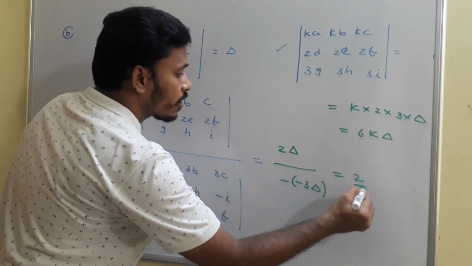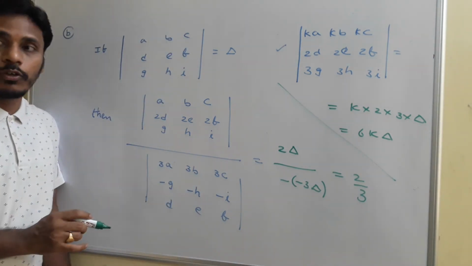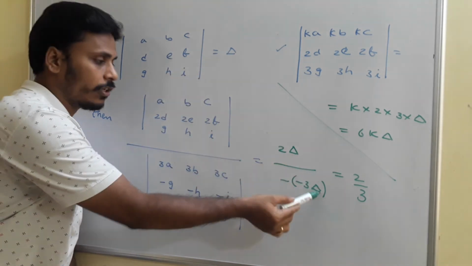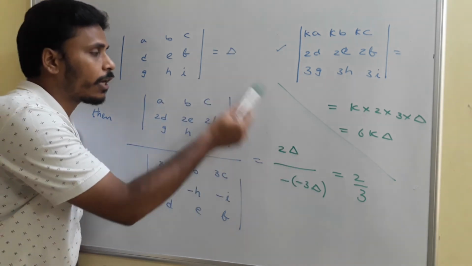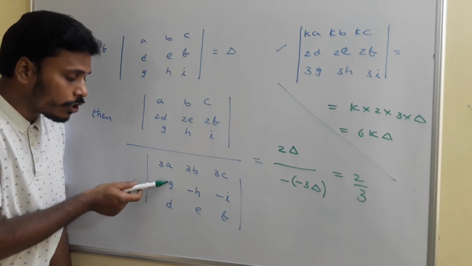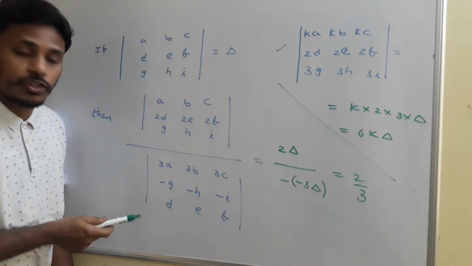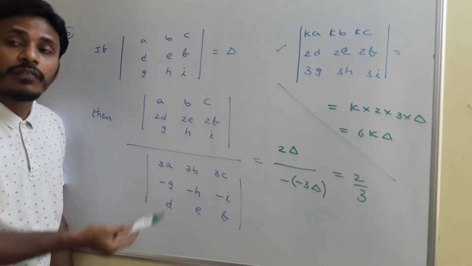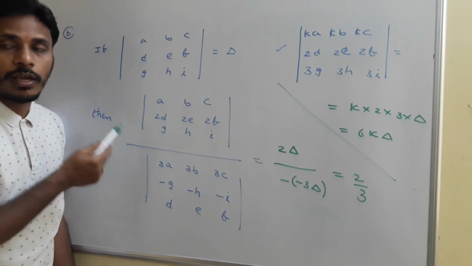And at the end your answer is just 2 by 3, and it is not minus 2 by 3. Once again, have a look. Since I multiplied one row with 3, I need to multiply delta with 3. Since I multiplied one row with a minus sign, I need to multiply that determinant with a minus sign. So its answer is minus 3 delta. But if you observe, the rows are actually interchanged. Here the second row is DEF and the third row is GHI, and we interchange here, okay? And by the first property of determinants, we need to get one more minus. So at the end your answer is 2 by 3 for this, okay? Just have a look.